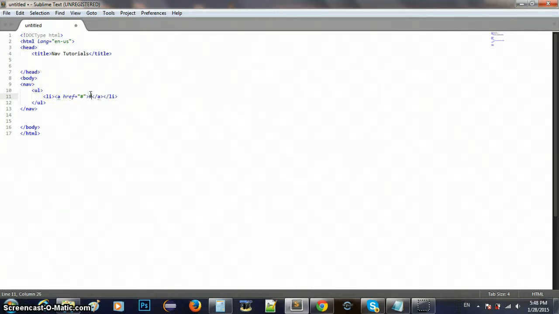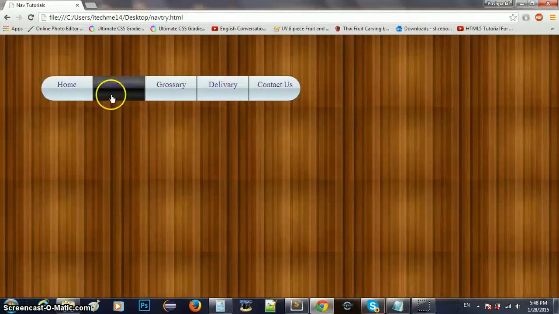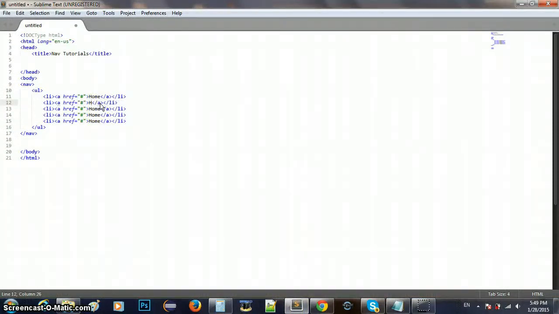So we will give Home and copy this list, and then make 4 more. According to this nav, we have electronics, grocery, delivery, contact us, and home. So let's change here to electronics. Same nav, we will be making a drop down navigation menu in the next tutorial. Second is service, and then third one is delivery, fourth one is delivery. And the last one,